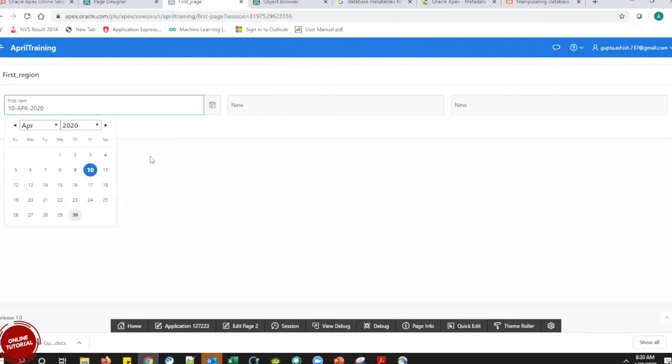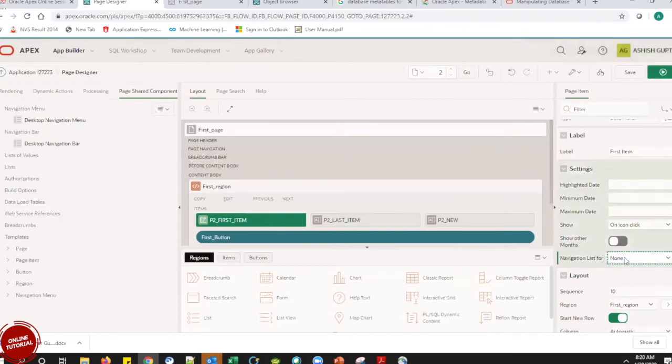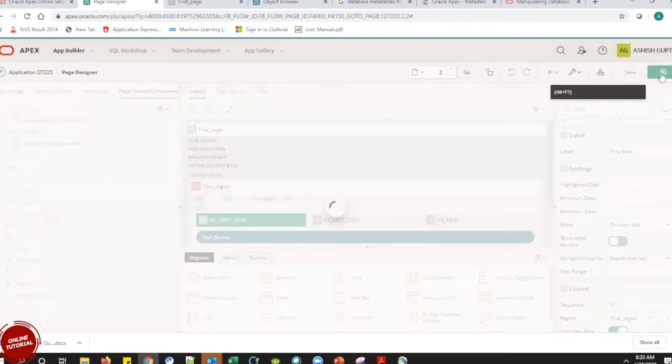Okay, can you see this now? Yeah. So I can do it. What I did here, I only enabled this feature of navigation list, and here we had none by default. I just changed it into months and year. I saved it and I just ran that. That's it.